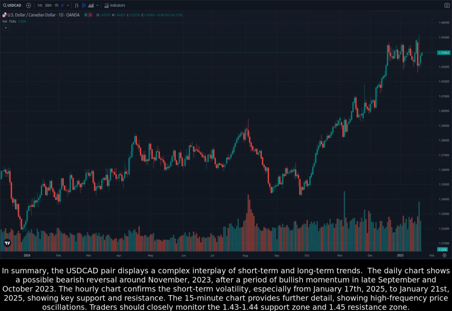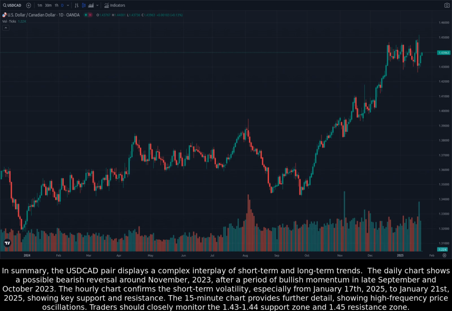In summary, the USDCAD pair displays a complex interplay of short-term and long-term trends. The daily chart shows a possible bearish reversal around November 2023 after a period of bullish momentum in late September and October 2023. The hourly chart confirms the short-term volatility, especially from January 17, 2025 to January 21, 2025, showing